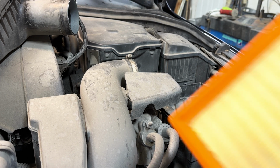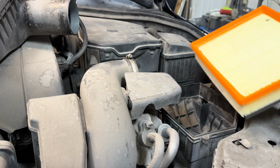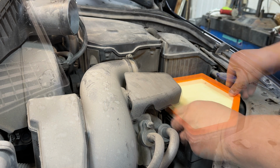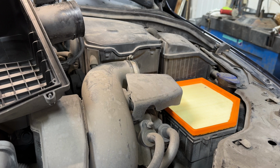And as you can see here, it is just like the original one, or at least the one that was in here. And just go ahead and put it in here like so. Once the filter is in place firmly on the lower half of the box, we can reassemble